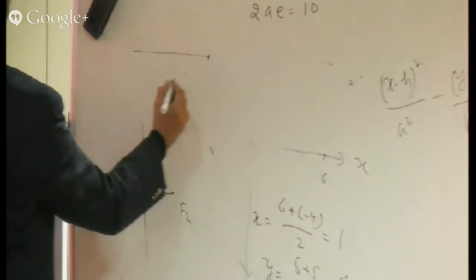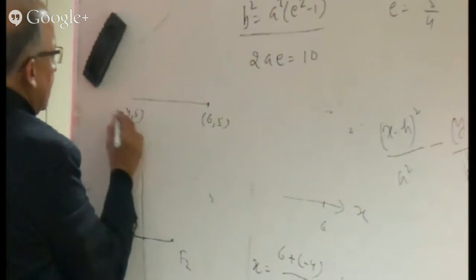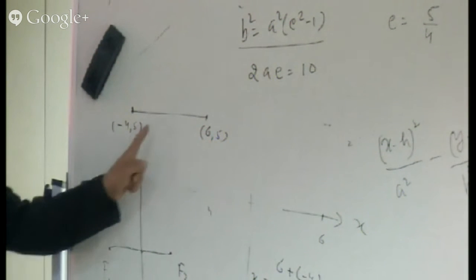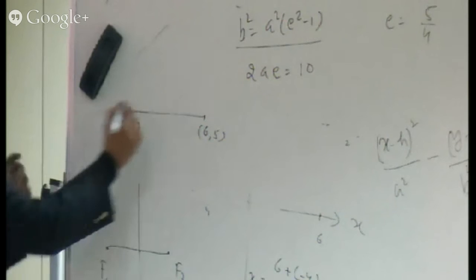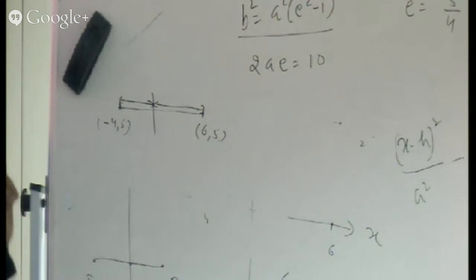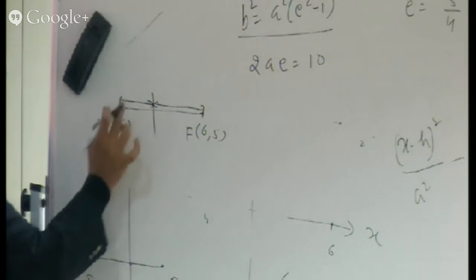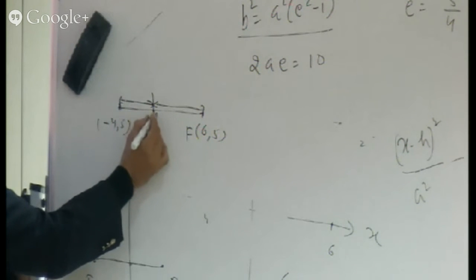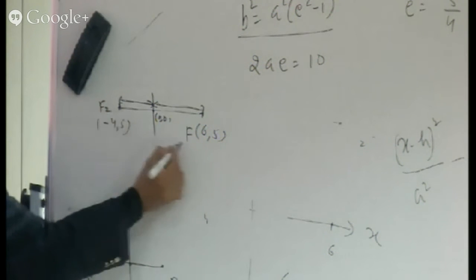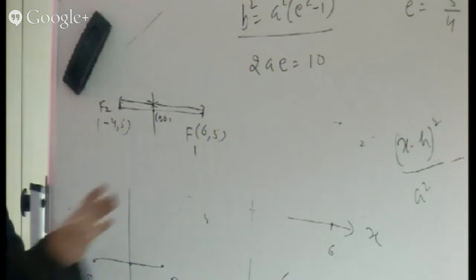कोऑर्डिनेट्स क्या गिवन थे? 6 और 5 और -4 और 5। इसके बीच में डिस्टेंस हम डिस्टेंस फॉर्मूला से भी निकाल सकते हैं, पर हमें श्योरली मालूम है कि ये यहां से 4 डिस्टेंस इधर है और ये 6 स्टेप्स इधर है। हमारा एक फोकस F1 ओरिजिन से 6 स्टेप्स राइट पर है और एक फोकस F2 4 स्टेप्स लेफ्ट पे है, तो टोटल डिस्टेंस 10 हो गया।